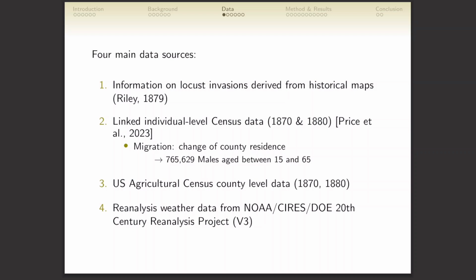Okay, so we are essentially going to be using 4 main data sources. First is about these historical maps. I'll talk about it when I show it to you in a second. And they were essentially done